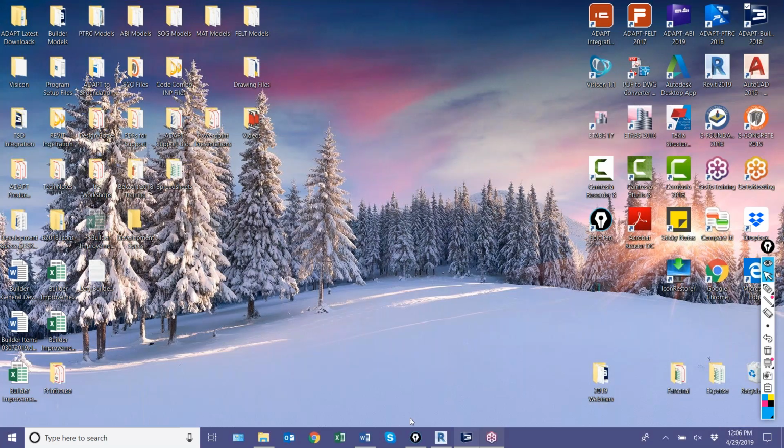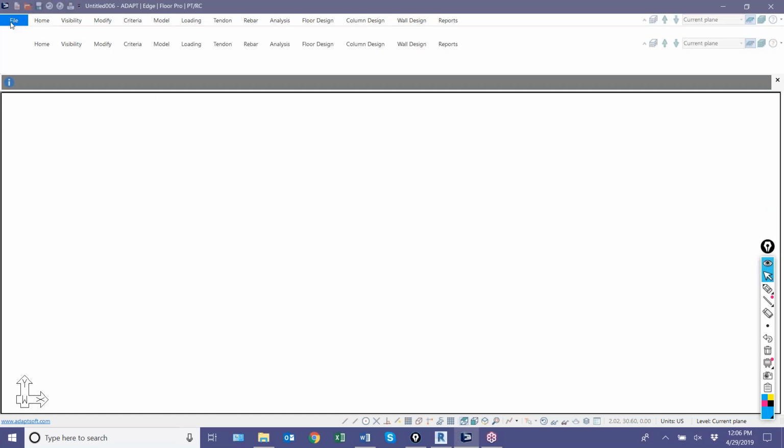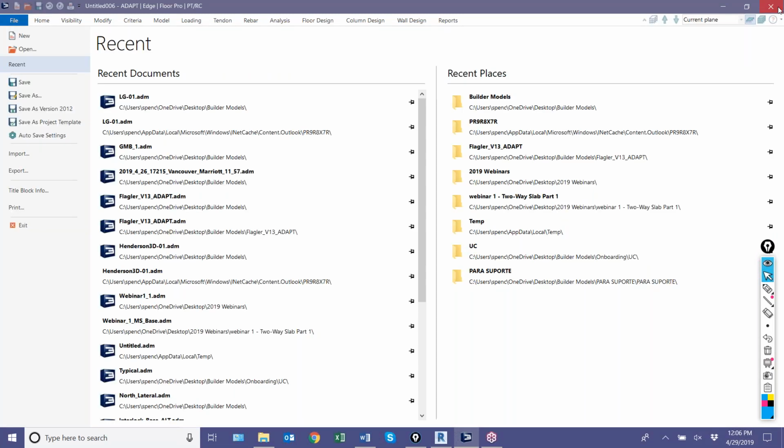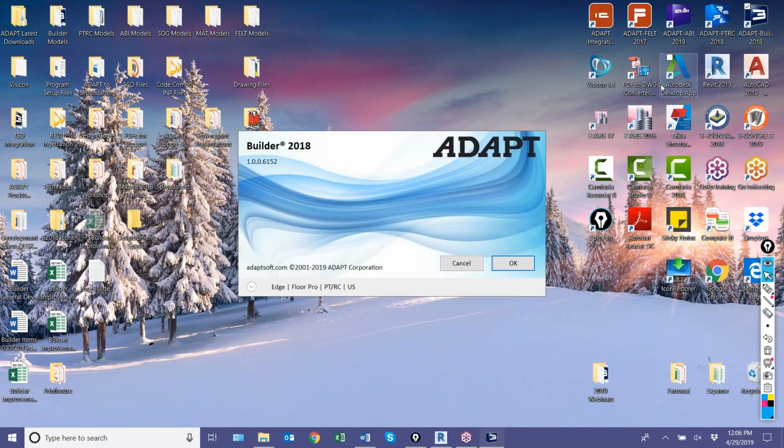I'll just set Revit to the side, and I'm now going to import this file from Revit to Builder. So I'll go to File. Actually, let me back up just one step. I'm going to launch Builder. Today we're using Builder